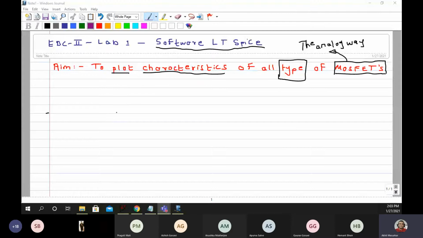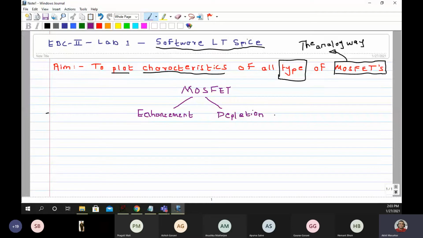So let me put it this way. Everyone can just write it down. When I talk about MOSFETs, there are two types. Many of you have said enhancement type. We have enhancement type, and then we have depletion type. That is where you generally say E MOSFET or D MOSFET.